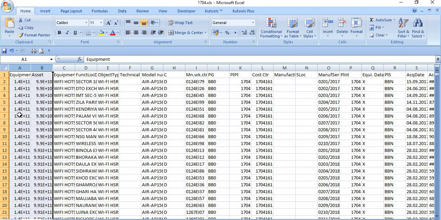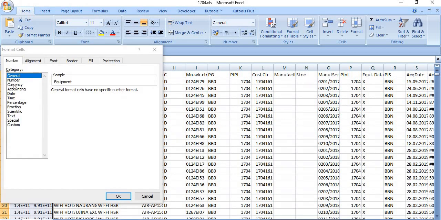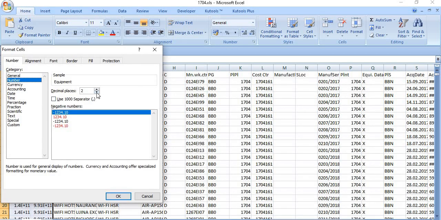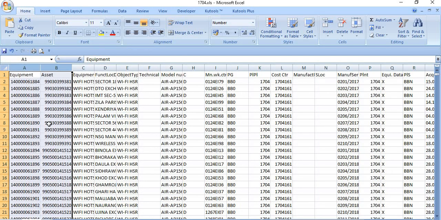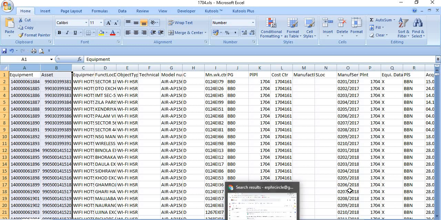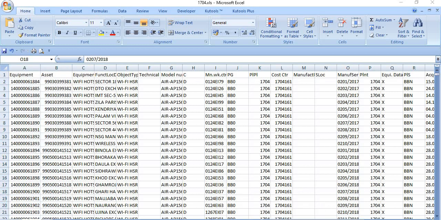Select these two columns and go to format cells, because all the equipment numbers are coming in hexadecimal format. Click on number, remove the decimal points. Fine, the equipment list and asset list, all the list which is showing in SAP, is reflected here.